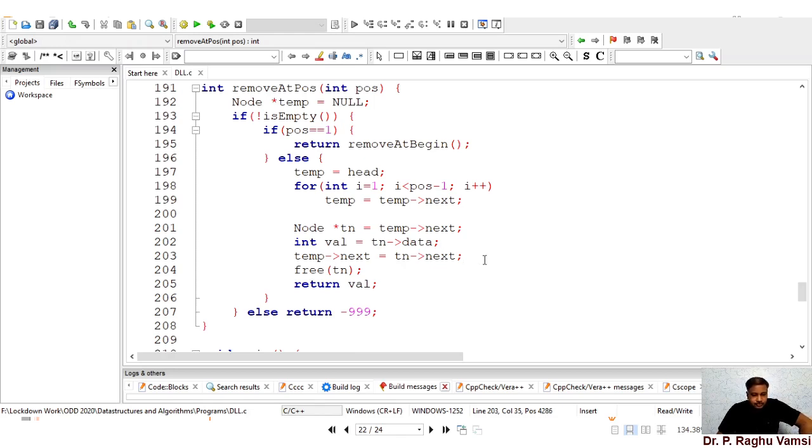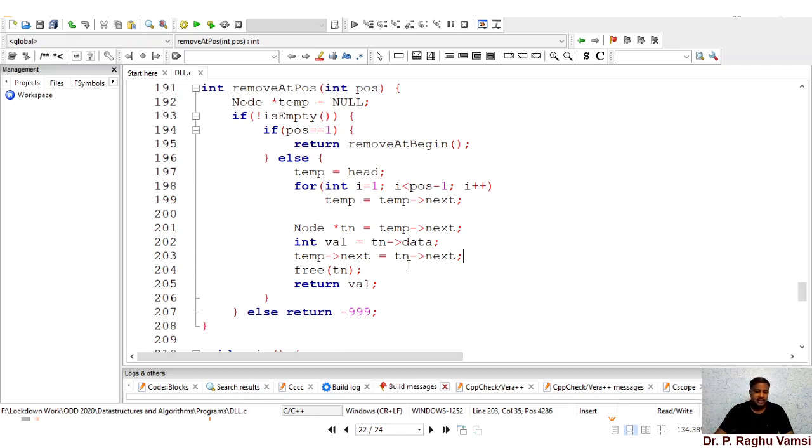Tn next is the next node, so temp next is equal to tn next.